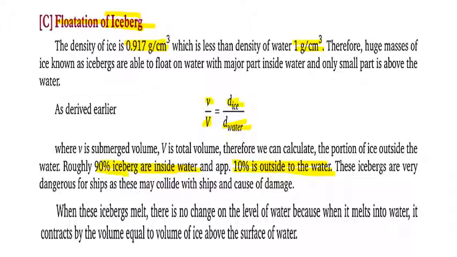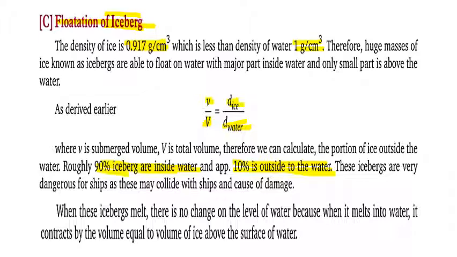damage. All of you have seen the movie Titanic. This was the cause here. The icebergs are very dangerous for ships. Why? Because they are not visible outside. Only 10% of the part is visible. So we cannot estimate how huge the iceberg is, because only 10% is outside, 90% of that is